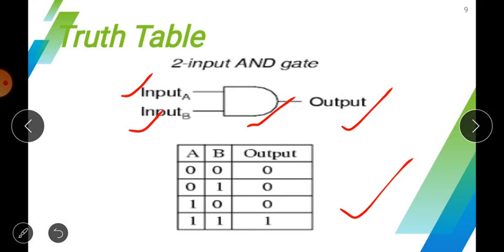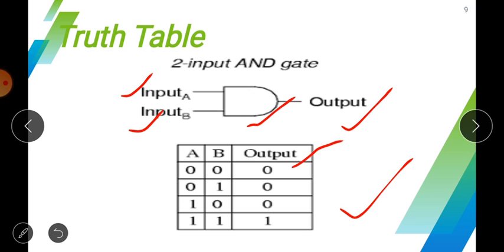So you can see here A is equal to 0 and B is equal to 0, and you can see the column of B and A is drawn 0 1 0 1, and in the next column it is 0 0 1 1. Now moving forward, you can see when both conditions are false, means A is 0 and B is 0, the output is 0.